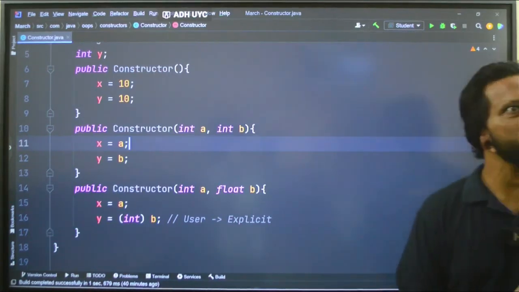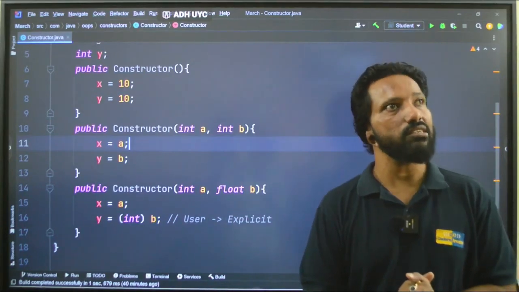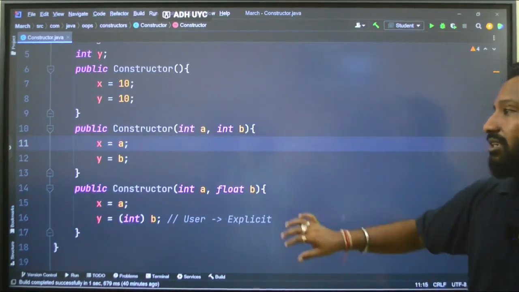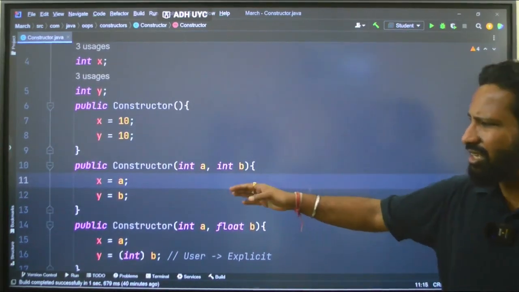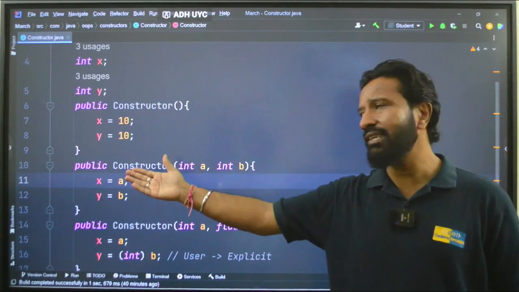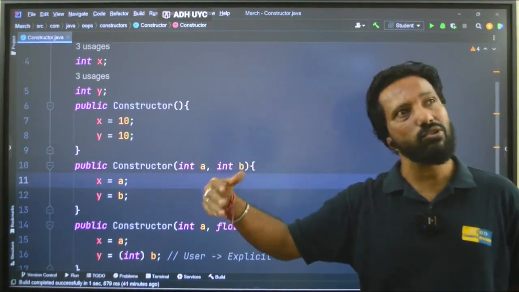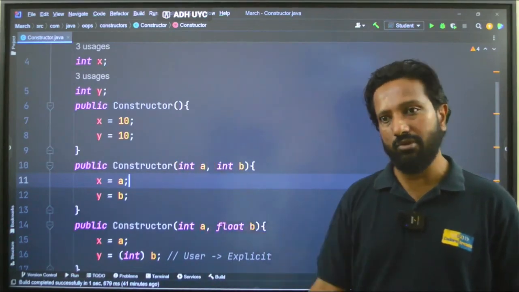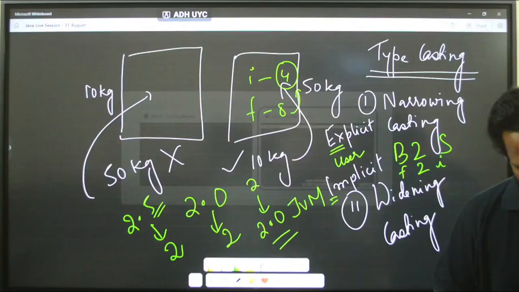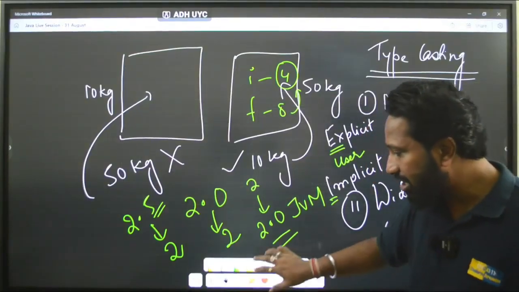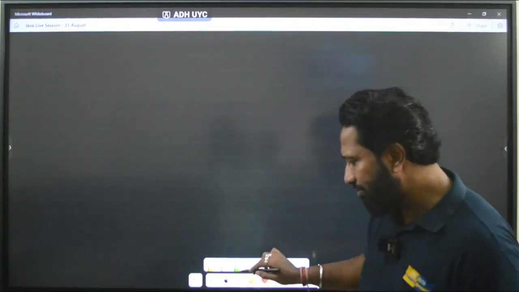Okay. Sir, is function overloading different from constructor overloading? Absolutely different. Yes, it is totally different. Function overloading is something like, see, constructor is also a function only, right? It is a method to create objects. If you create a function, that is also a different kind of concept. We will be learning about this even deeper in the polymorphism part, but here I am just giving you an example.